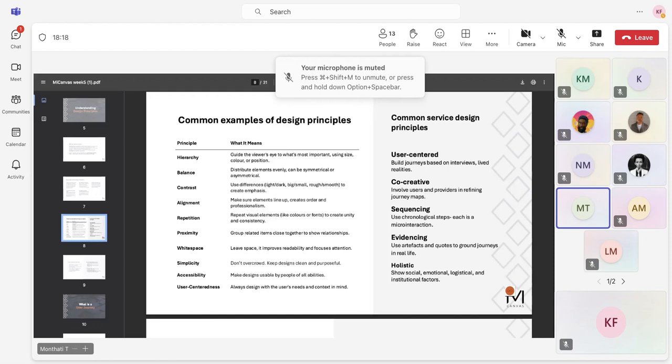If you are, for example, working on a graphic design project, how it looks is going to be a lot more important. So some of those common design principles are only really relevant to more visual things, whereas if you're looking at designing an experience, the principles for that are going to look completely different, and are going to be more about who you engage, how you engage them, when you engage them, and what matters to those people that you're designing for.